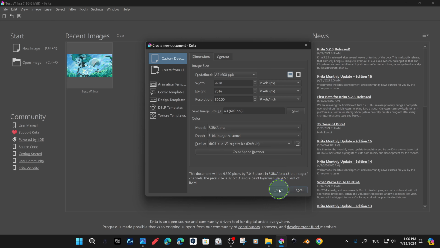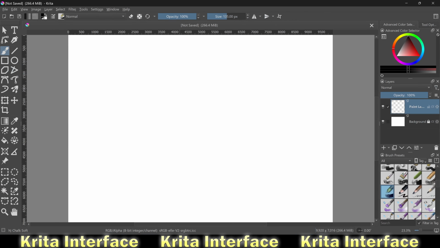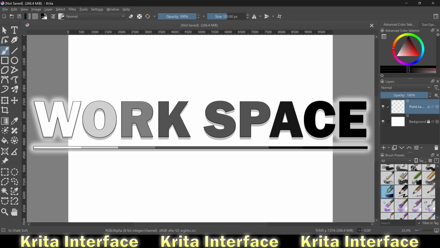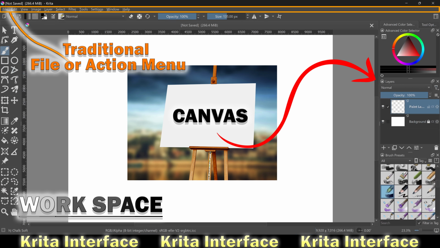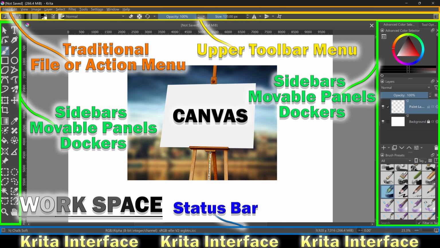If you have just installed the Krita software, or have not yet made any changes to the normal interface settings, you will see approximately this kind of workspace layout. Basically, in Krita, or other industry standard drawing design art software, we can say that the interface actually consists of two main parts. The first is the workspace, in the center of which is a canvas connected to the layer system. And in the areas outside of it are subwindows and toolboxes, also called dockers, usually attached to the edge